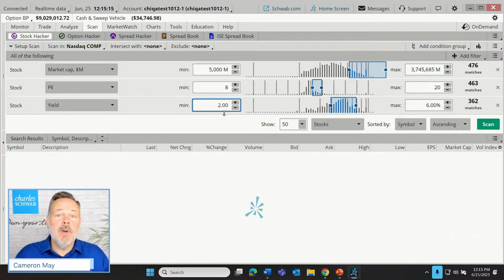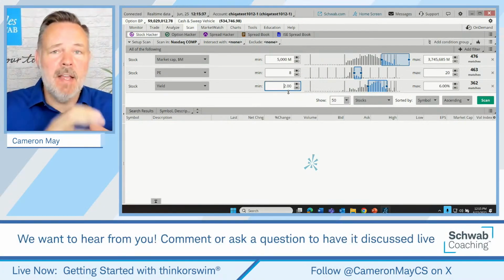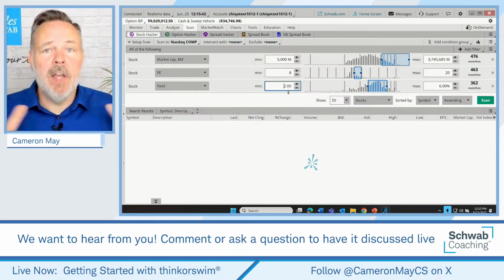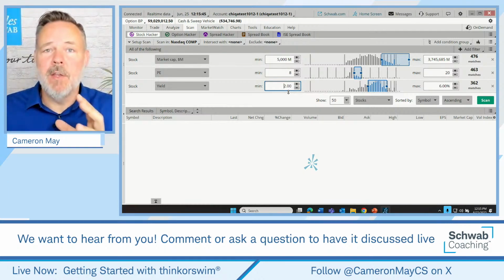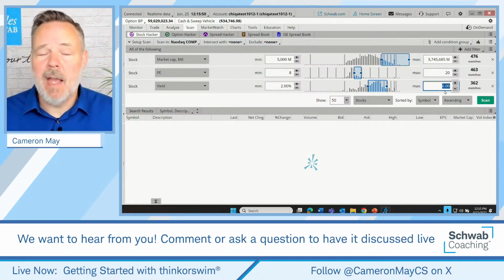Why not go for the really high yields? Well, companies that are paying extremely high yields could be doing that for a number of reasons. Maybe their stock price fell recently and it threw the dividend that they're paying recently out of whack with the current value of their stock. That can be hard to sustain for a long time. Also, even if they took it there intentionally, it can still be hard to continue writing checks conceptually that are very large. They're proportionally large to the value of the company. So yeah, very high dividends might be seen as a red flag by some.